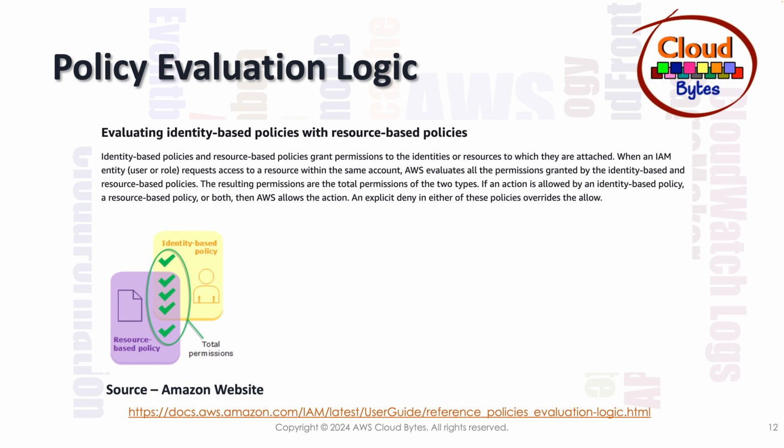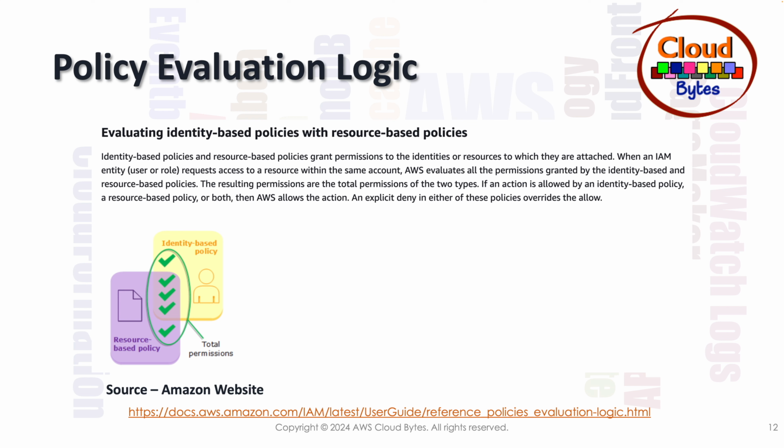An implicit deny can be overridden by an explicit allow. An explicit deny will always override any allow, which means implicitly if you have a deny, you can override that with an allow. But if you have an explicit deny, then all the allows will be overridden by the explicit